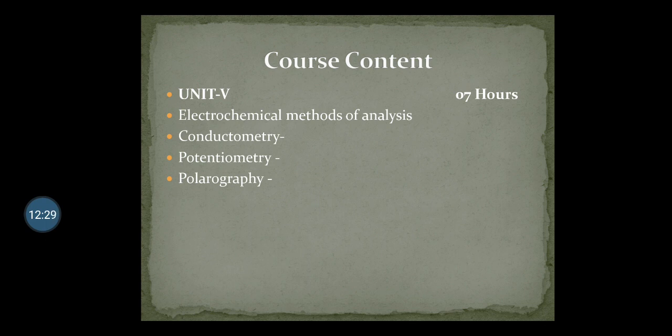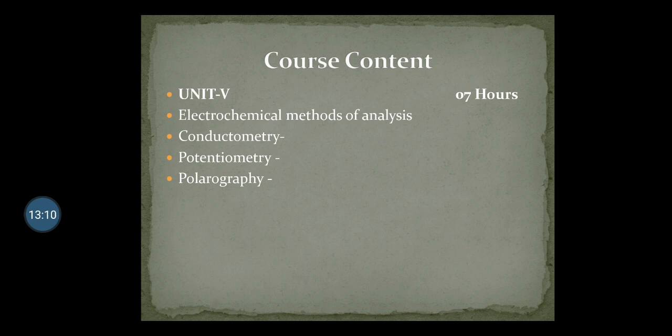Now in volumetric analysis we are going to perform the analysis of drug or a substance with the help of manual determination, means no instrument is involved, and due to which certain errors that are incorporated while performing the volumetric analysis are more, because there is a problem related to the accuracy and precision. That's why electrochemical analysis methods are very important methods where there are chances that we can minimize the errors that are incorporated in the volumetric analysis.